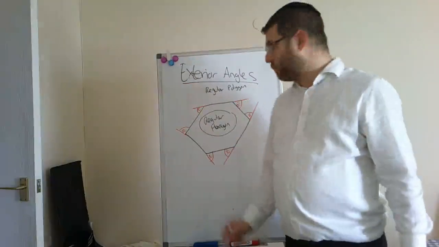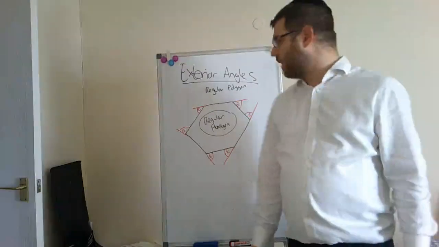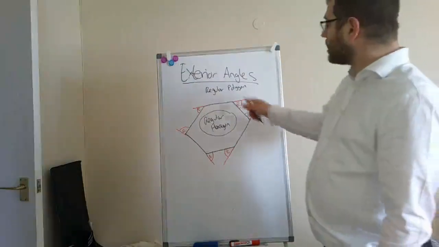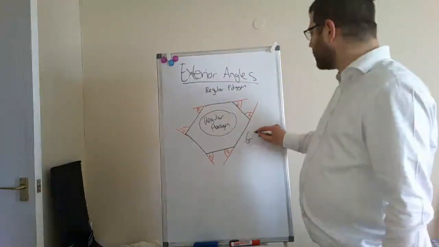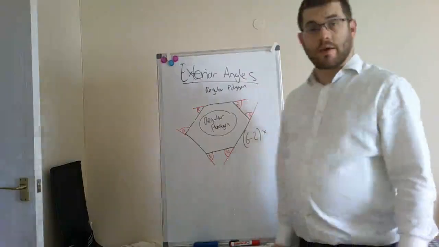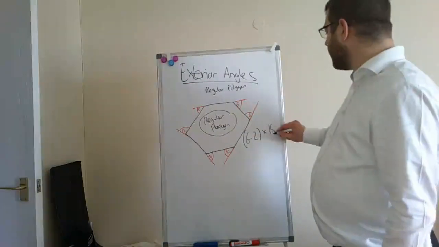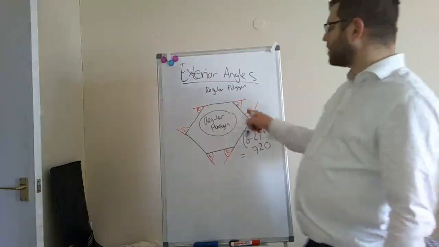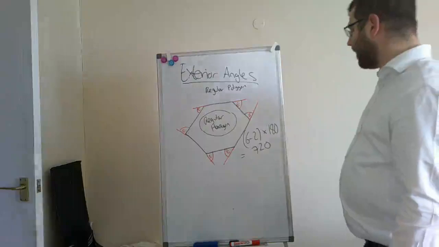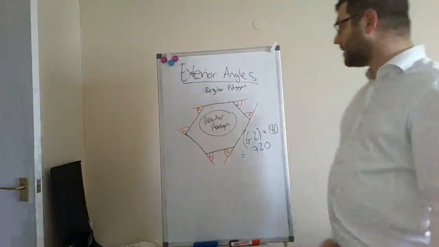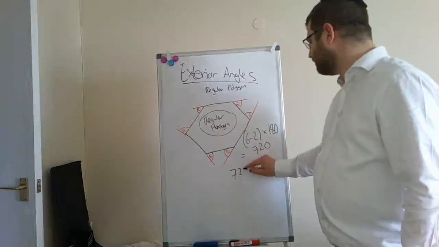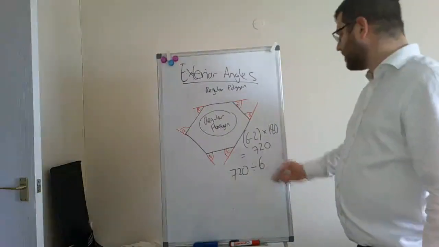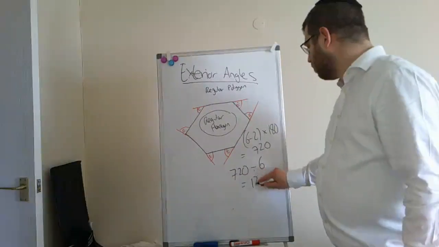Okay, so hopefully you've done that. You've worked out the value of an interior angle of a regular hexagon. We've done this quite a few times by now, so I'm going to go through this quite quickly. There are 6 sides. We do 6 minus 2, which is 4, times 180 is 720. That's the total value of the interior angles, and we divide that equally with the 6 angles. So there are 720 divided by 6, which is